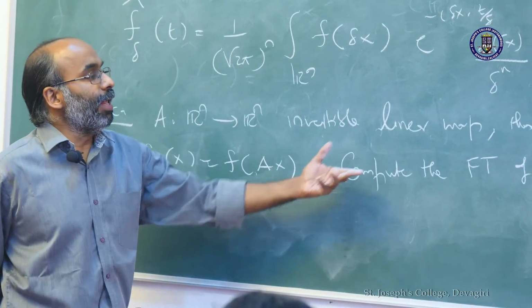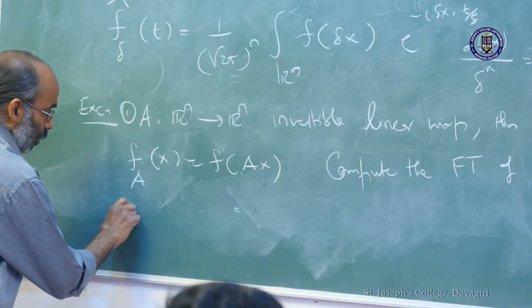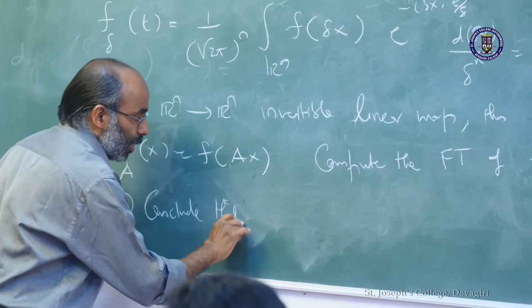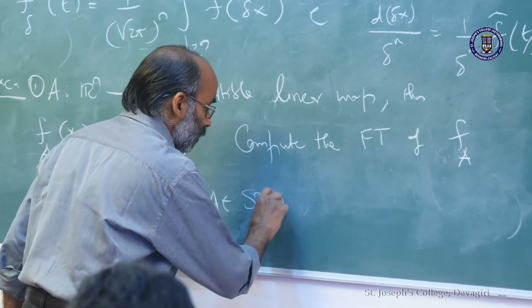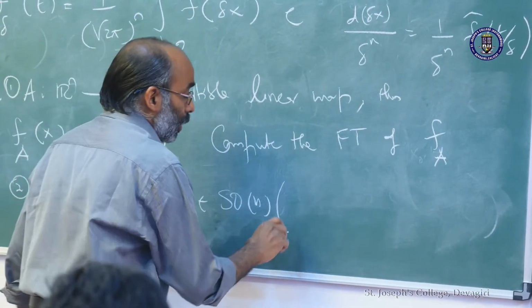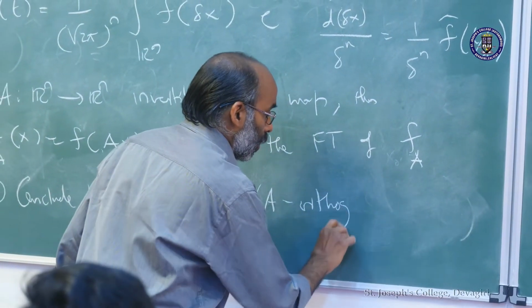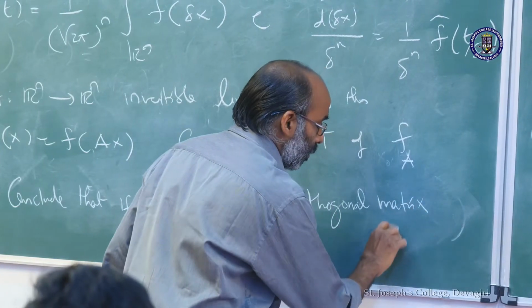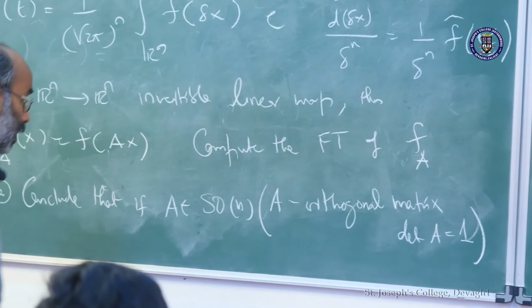Okay, for any linear map. Okay, so that's one. To conclude that if A is an orthogonal matrix, of size n, and determinant 1, then